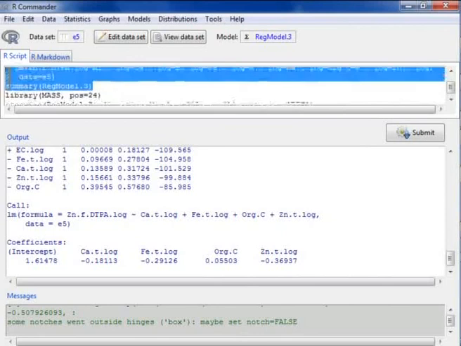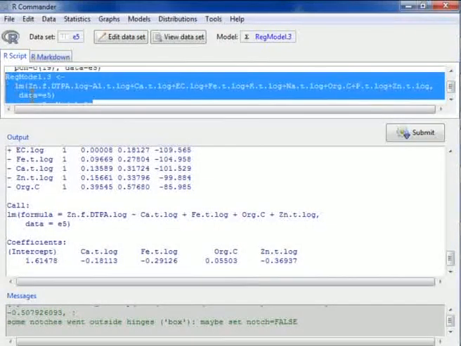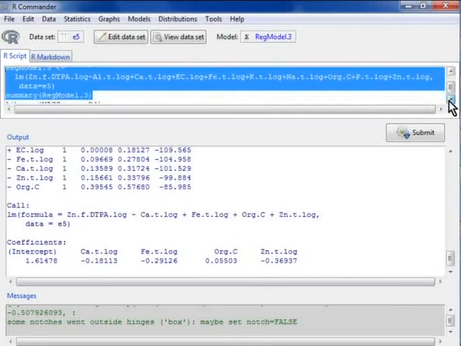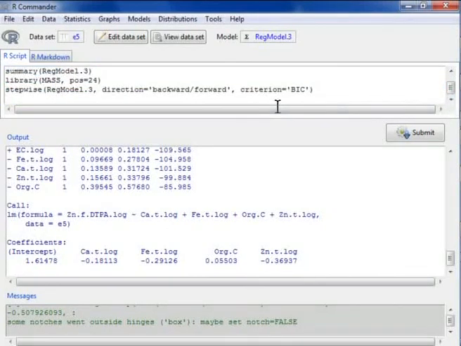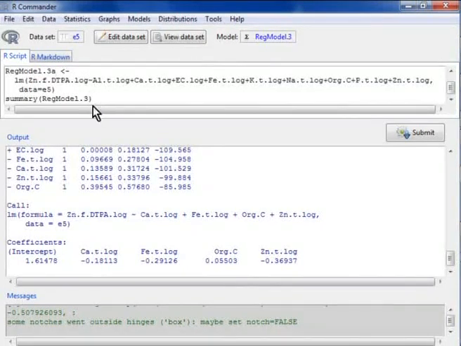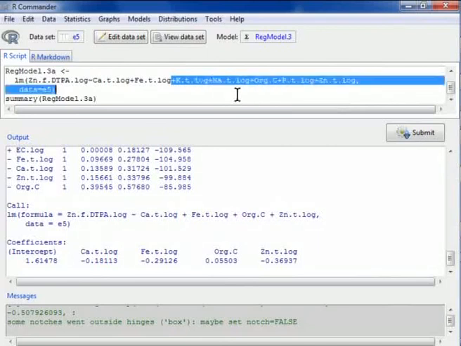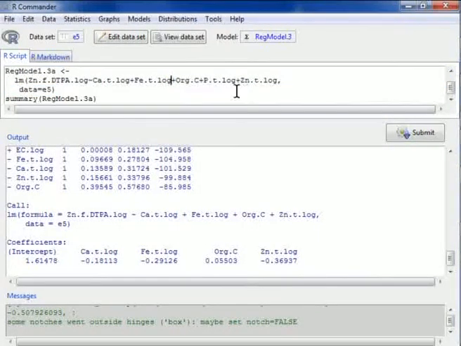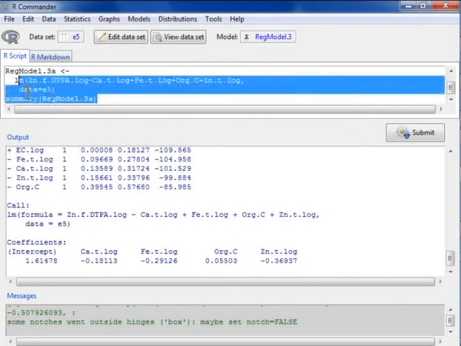So what I can do is copy that bit of script up there, go down to the bottom and paste it in. Let's make a different regression model, 3A, and we only have in that calcium, iron, organic carbon, and total zinc. Alright, so we run that,